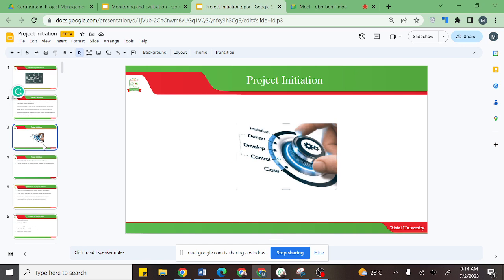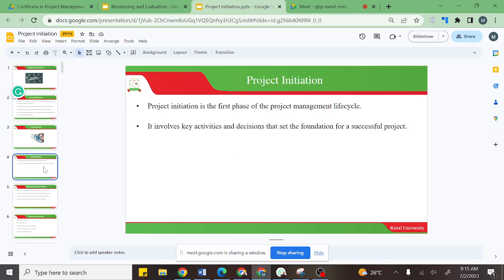So like you already know, the project cycle has elements to do with initiation as the first phase. You initiate, you plan, you execute, and then you monitor and close. That's the project cycle. So project initiation is the first phase of the project management life cycle, and this is